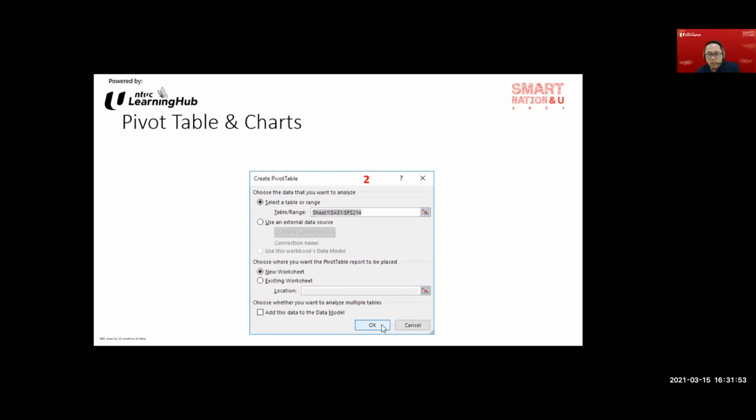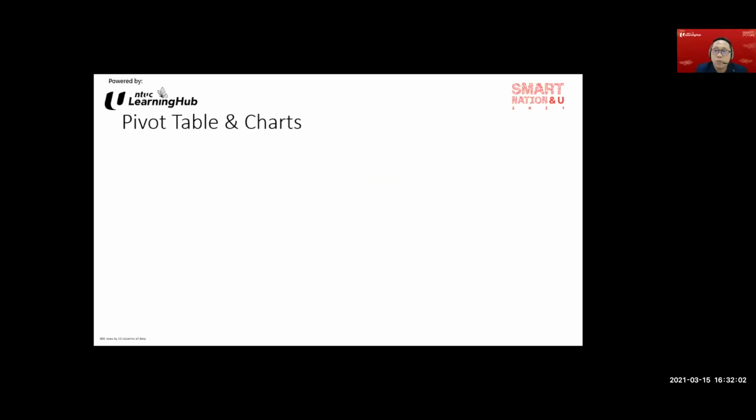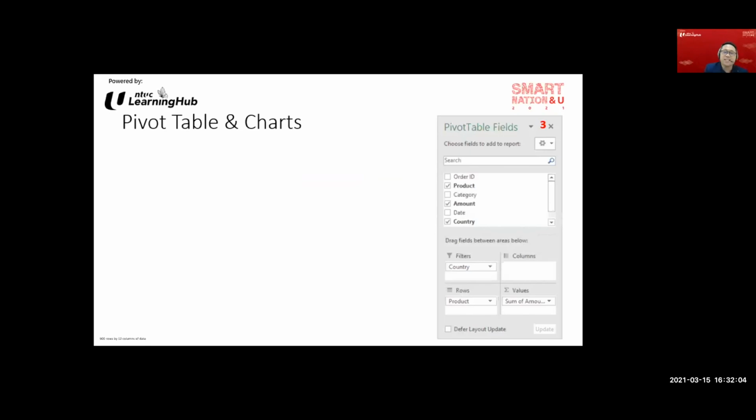The challenge will come when you need to know what to pull, what to drag, and to put in the correct field. Okay, so moving on. This is where things get a little bit tricky, because once you activate the pivot table, ladies and gentlemen, you will have this pivot table field. This is the one you need to know. Let's say, for example, product. Where should it go?